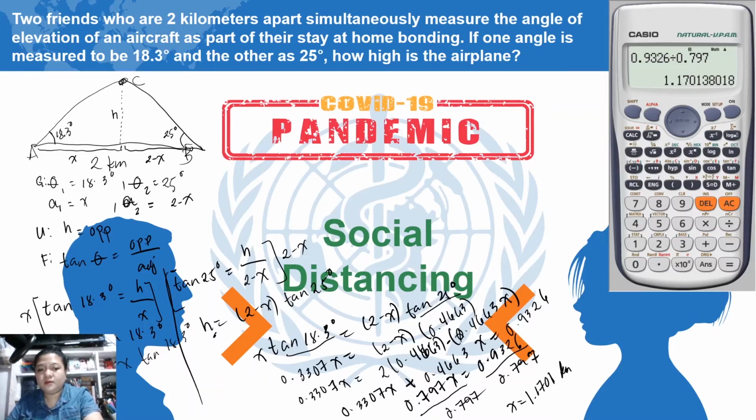So, h is equal to x times tangent 18.3 degrees. So, the height is equal to, so dito sa ating nakuhang sagot, i-multiply lang natin siya sa tangent 18.3 degrees. Okay, so the answer is 0.38698614961. So, i-round off natin siya kasi si 9, pag ni-round up natin si 9, madadagdagan ng isa ang ating third. Pag ni-round up natin siya, si 69 magiging 70. So, the answer is